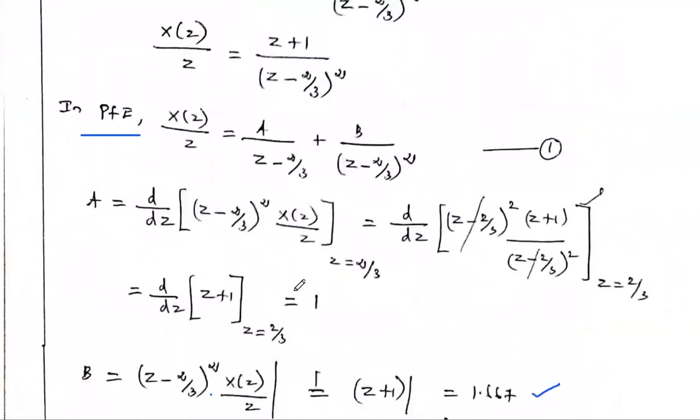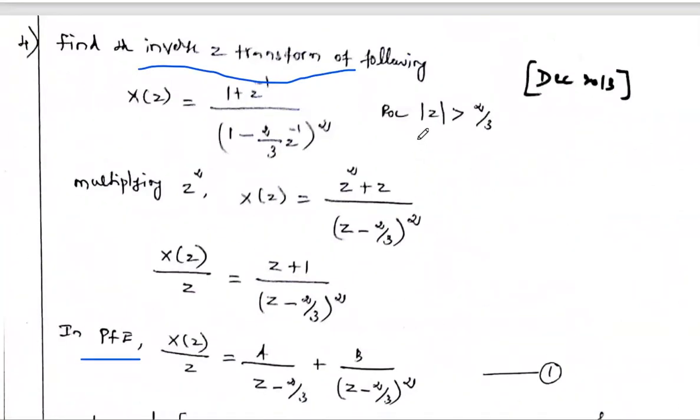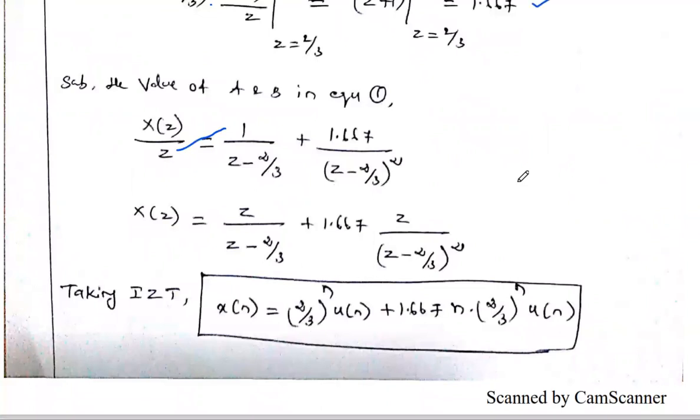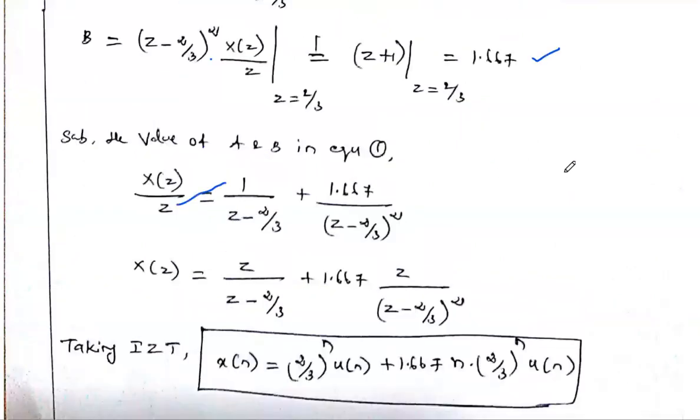So here you see the given condition is that modulus of z is greater than 2/3. So we may use that the ROC is greater than some part. That is, ROC is the exterior part of a circle having radius 2/3, which means the corresponding signal should be a causal signal. Okay, so in order to calculate the inverse z transform, we may use the formula a^n u[n] problem.